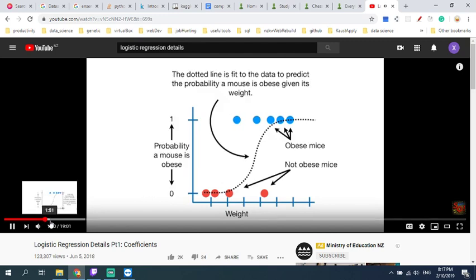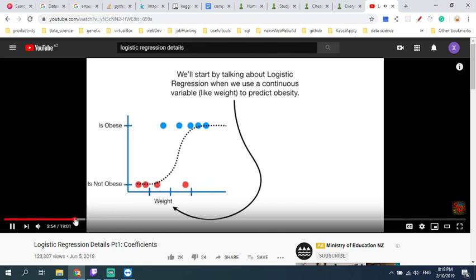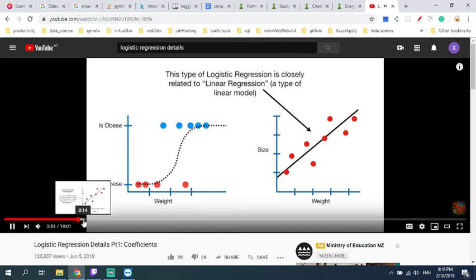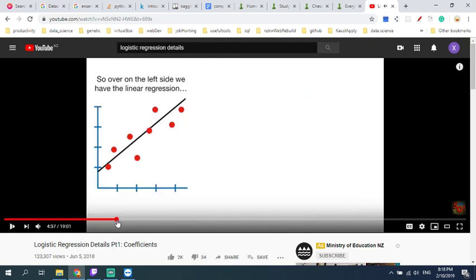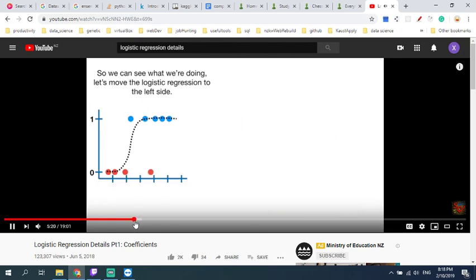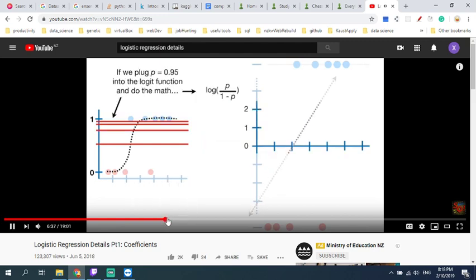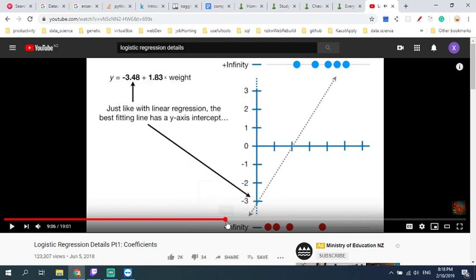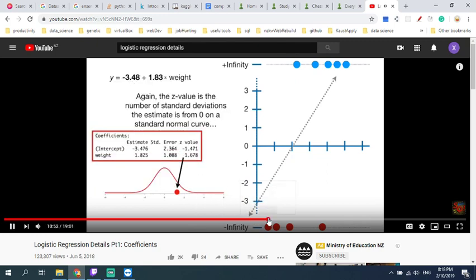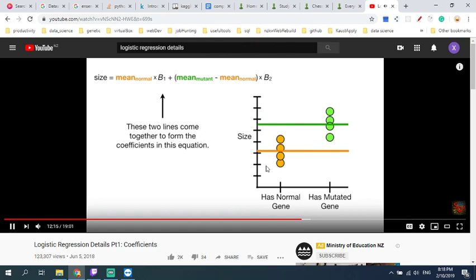To 1. The probability is obability. I want to mention that logistic regression is a specific type which we use to predict obesity, linear regression, a type of linear model. So let's do a super quick weight have size 0. Over on the left, so we can see what we're doing, let's move the logistic to a log 1 axis. 1 into the if we plug p equals 0 is stretched out from 0 to positive infinity on the new y-axis. Axis transforms if you is not statistically significant z-value like the mutated copy of the gene. These two lines come together to form the